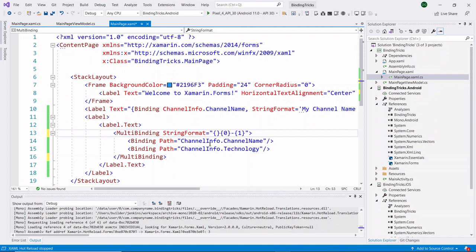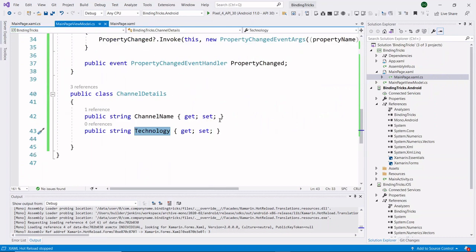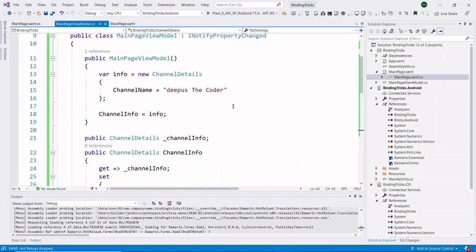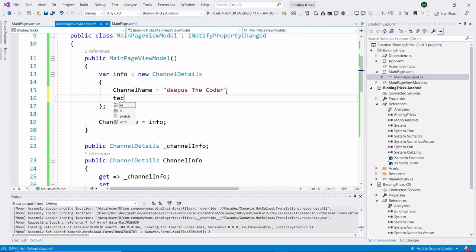Here in the string format, 0 represents our first bindable object and 1 represents the second bindable object. So based on our bindable objects, we need to add Binding tags inside the MultiBinding. Inside my main page view model, I will add technology data.